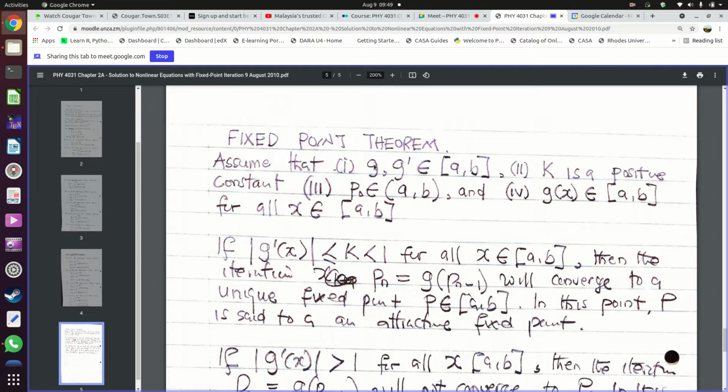You have created the function g, then you work out the derivative of this function g, and remember you've got a starting value, your x naught. So you put your starting value in this derivative. This derivative is going to give you a value because you've put something there. Then you get the absolute value of the derivative. If the absolute value of the derivative is less than 1, then the function from which you have got your derivative, your g, is going to lead